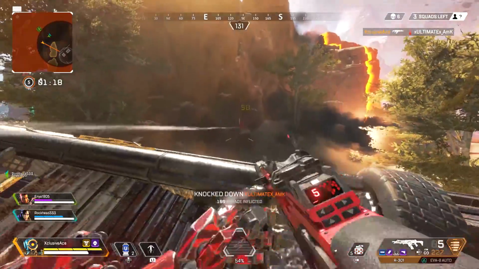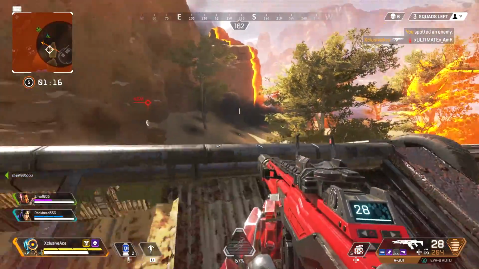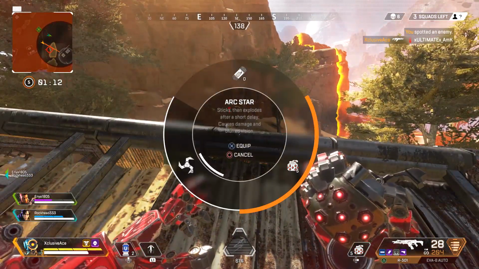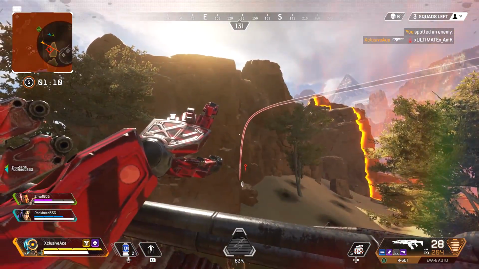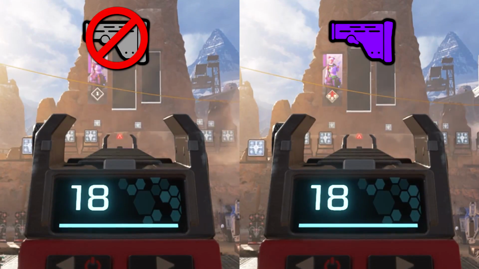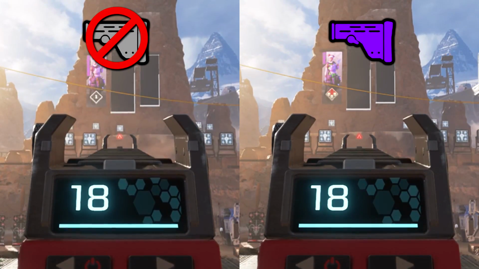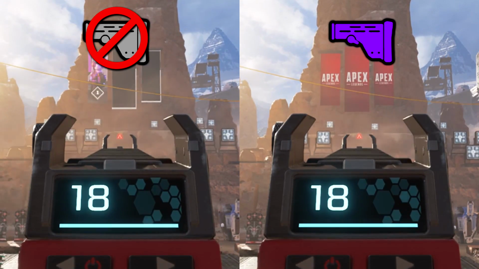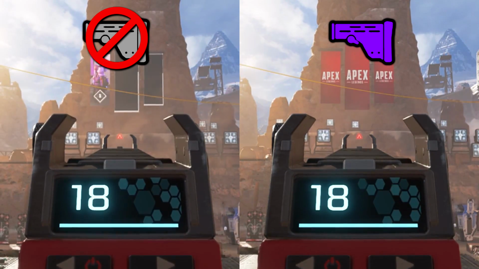Now, as for the second part of this stock attachment, this has to do with your aim drift, or what is most commonly referred to as idle sway. Let's have a look at the before and after with the R301 carbine. On the left, we've got no stock attachment, and on the right, we've got a purple or a level 3 stock. With this particular gun, you can definitely see that the sights are moving around a little bit less, but